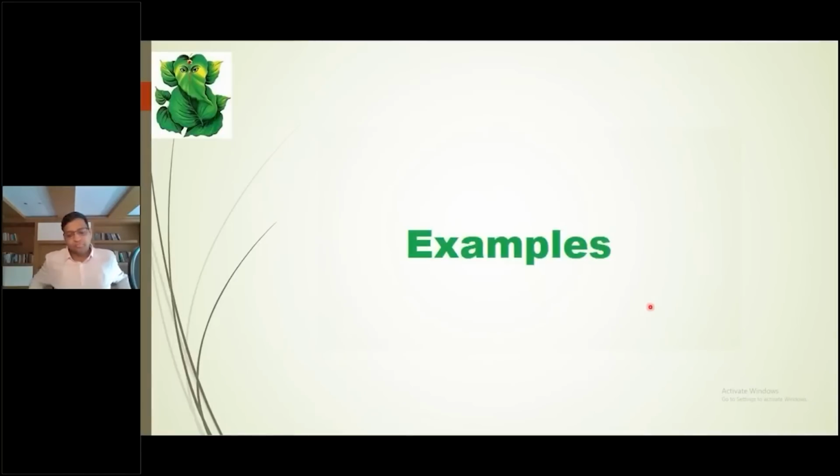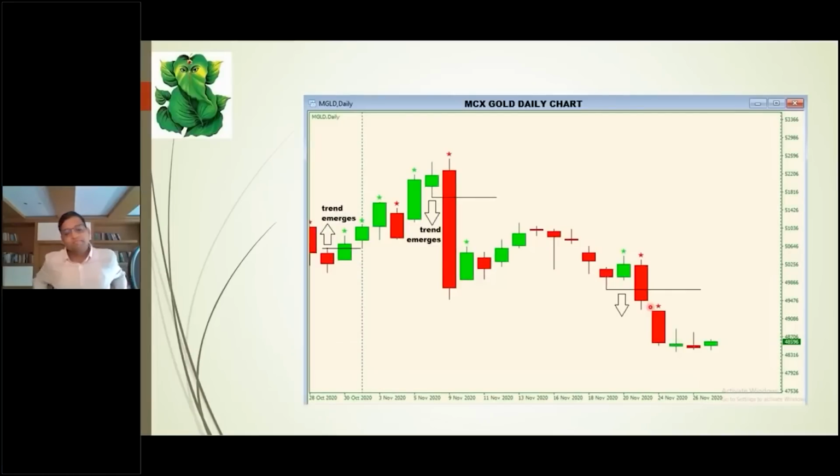Now, let me take you through some examples of what I have said, and let's try to track them. Here is a gold daily chart. Now, I'm on a daily time frame. We see here there is a tiny indecision candle, and then you see the breakout. So how has the price flowed? The price has come out of indecision and given a momentum. Rest again, there has been just indecision, nothing to trade here. No trader from today onwards